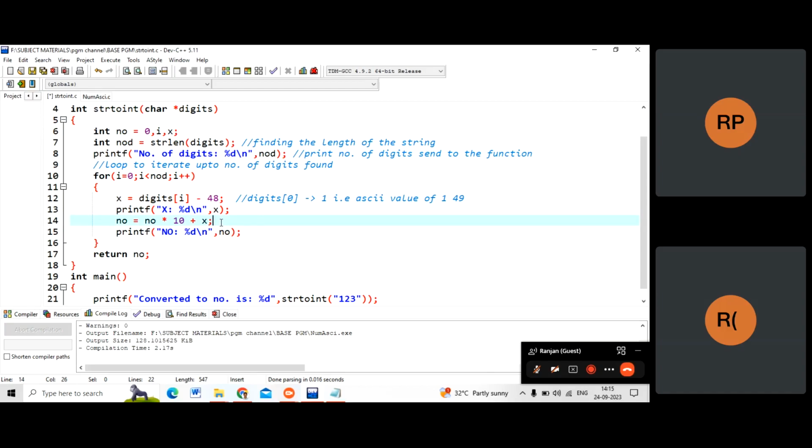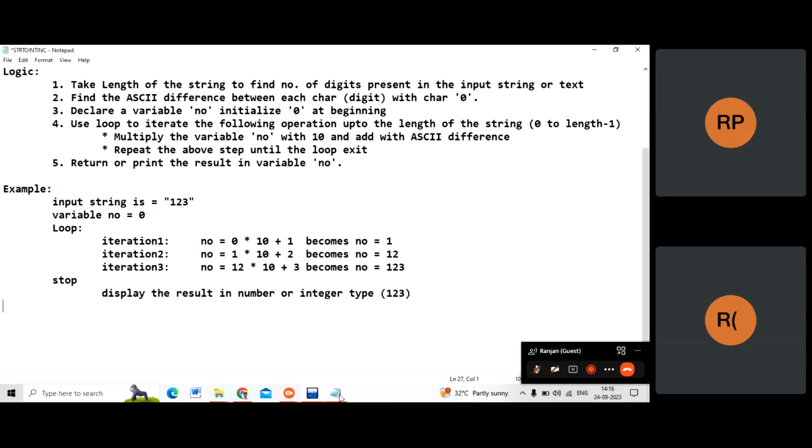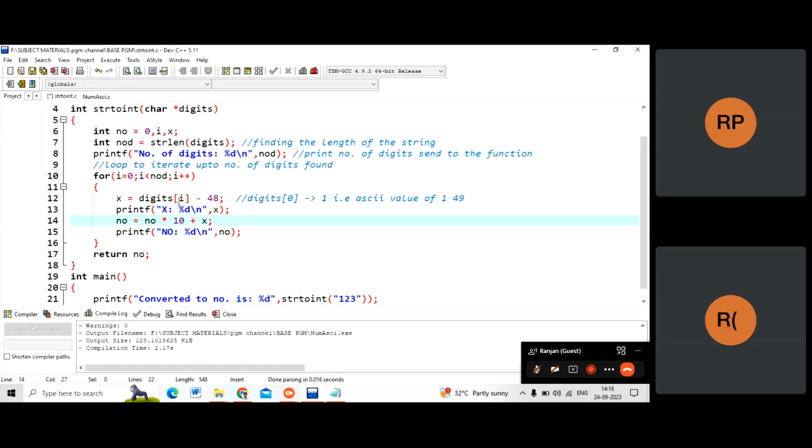Afterwards, as I told you, that's about taking the number exactly in each stage. The very first time number is 0, then we multiply with 10. So 0 into 10 is 0, then plus 1. That is the very first iteration, as I mentioned here, so the number becomes 1. Afterwards, in the second iteration, we take the next value from